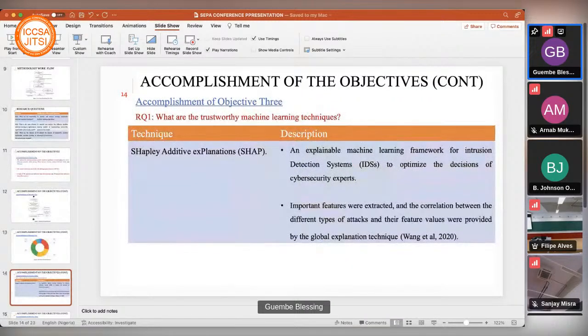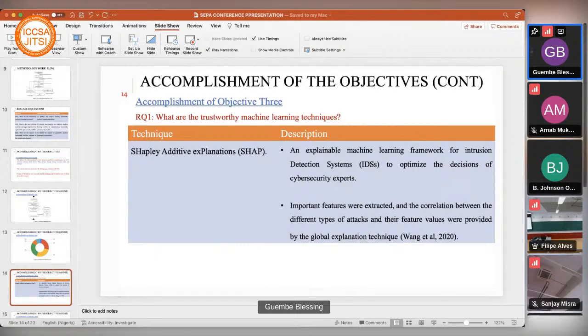Then to achieve objective 3, we evaluated the explainable machine learning cybersecurity techniques from the selected articles. First, we have the detection of intrusion detection system by Wang et al. The authors applied SHapley Additive exPlanations, an explainable machine learning technique. These techniques involve explaining the correlation between the different types of attacks, and their feature values were also provided by